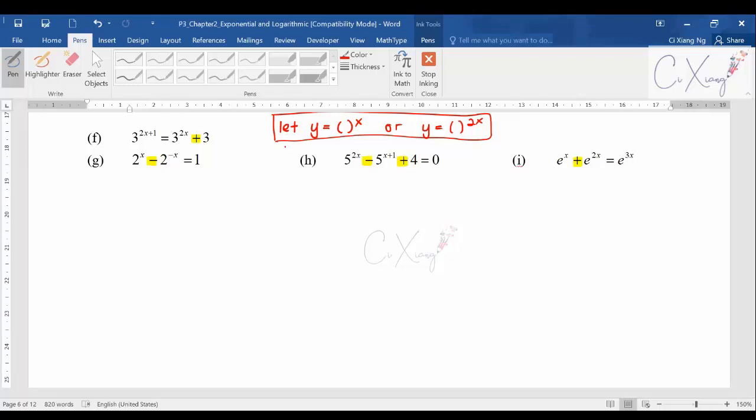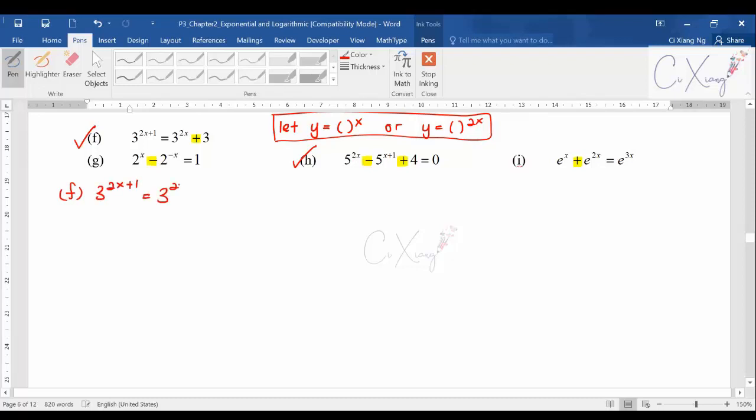All right. So for me, maybe I will show you part F and also part H. Then you solve G and I yourself. All right, so let me start with part F. So for part F, I'm having 3 power 2x plus 1